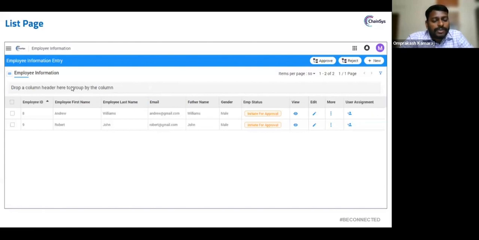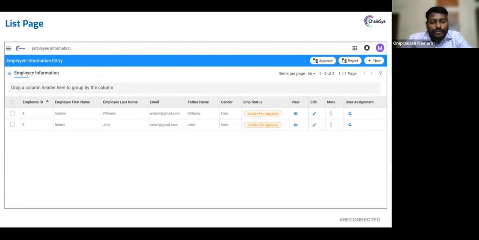The user can also export the page to Excel or CSV format by clicking the menu near the section name. Other options present in list pages are autofit and force to fit column. Autofit is nothing but the column will get auto aligned based on the maximum width of a column label or column value.